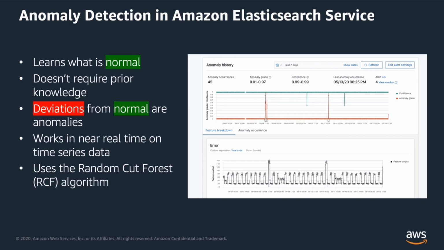And it doesn't require prior knowledge, as in you don't really have to have a labeled data set. The algorithm is an unsupervised learning algorithm, so it learns by itself over a period of time by looking at your data,